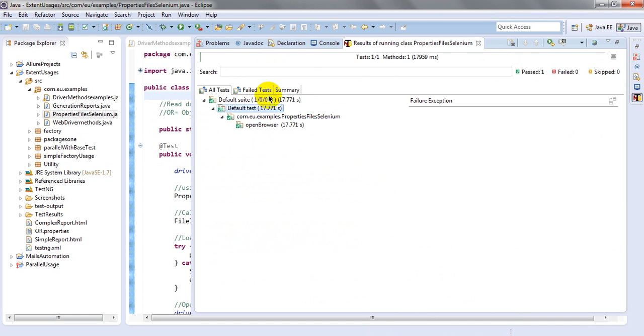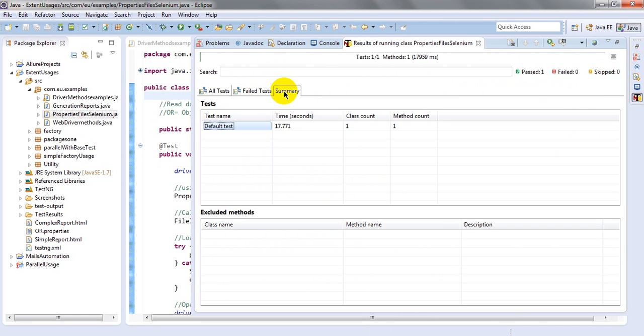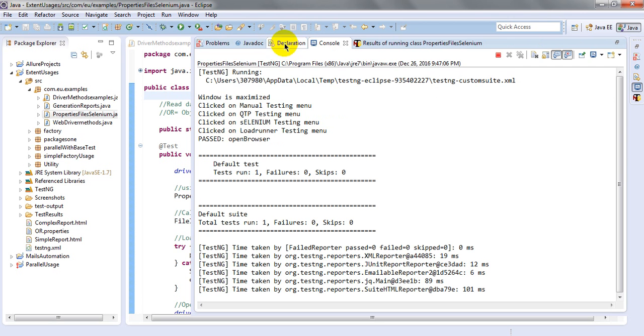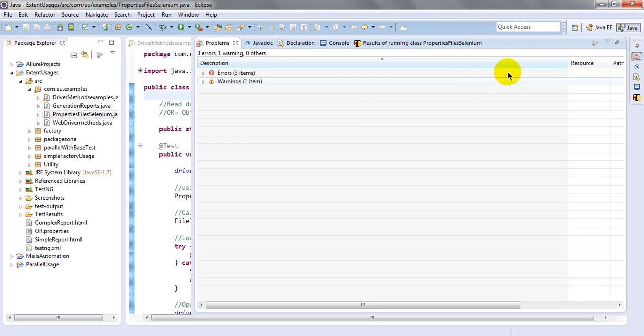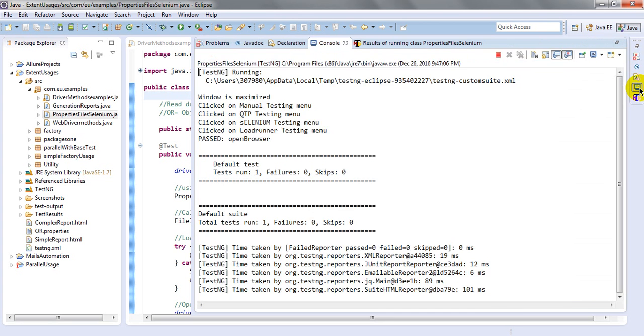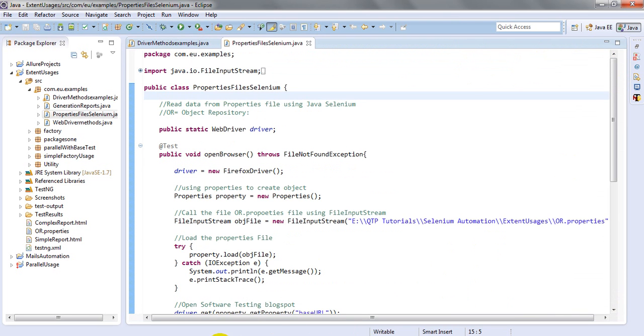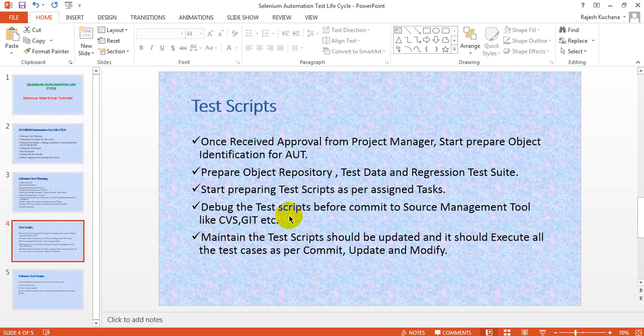Failed and summary. So like this you can debug your test scripts. By this debug you can know what errors there are in your test scripts before running your script.